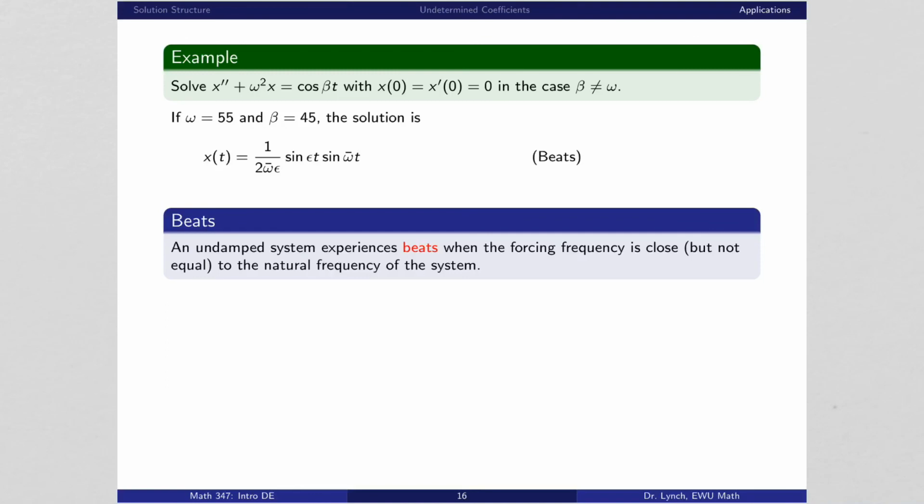Okay, so that's it for applications of these constant coefficient second order